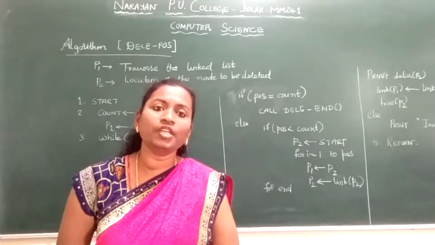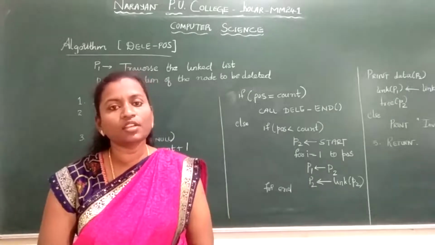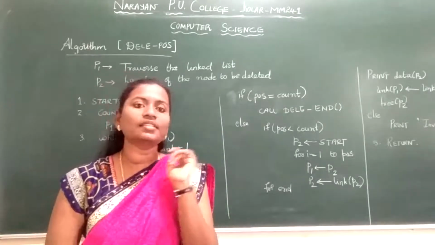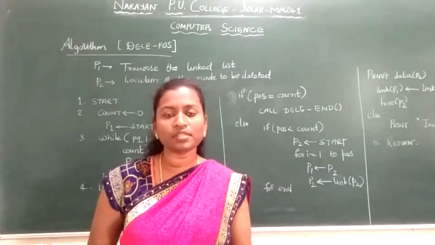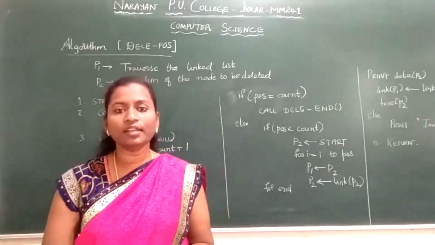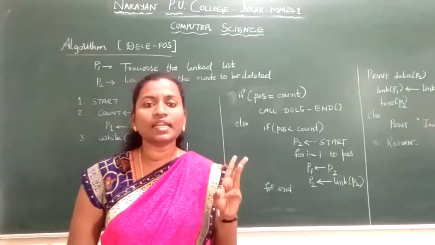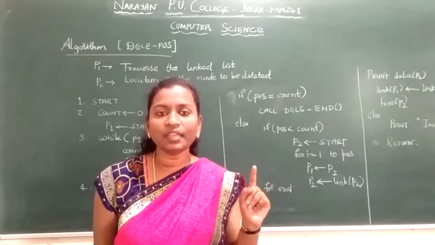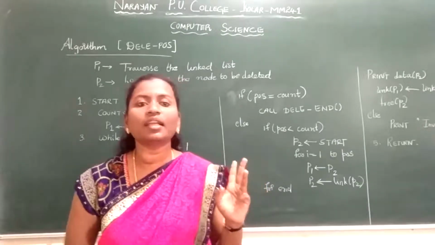In the last session we discussed the linear data structure called linked list. In linked list we saw the definition, types of linked list, the operations performed on the linked list, memory representation, and how to do the insertion and the deletion operation. There are three ways to insert an element into the linked list: insert the element at the beginning, insert the element at the given position, and insert the element at the end.